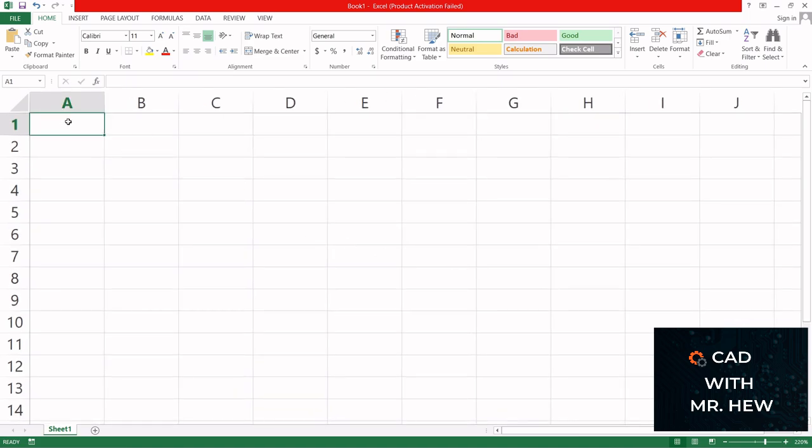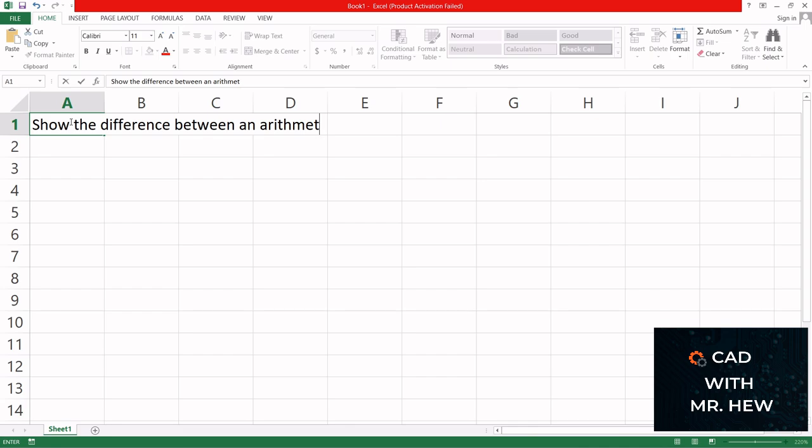So we're going to show the difference between an arithmetic formula. Right. Now, a formula